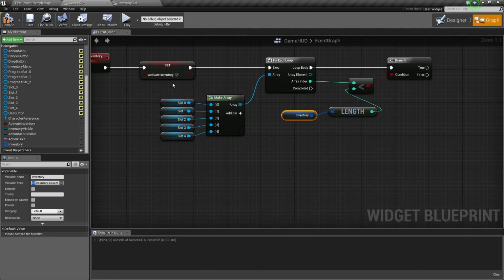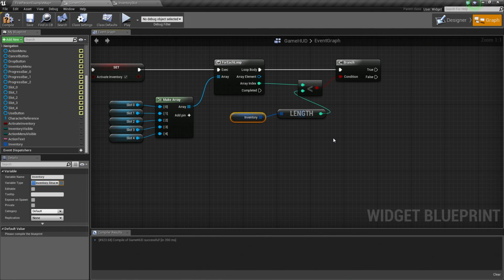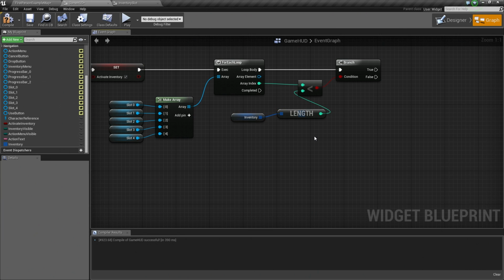So for our for each loop, each time it's going to get one of our buttons and the array index for the buttons, so the 0, 1, 2, 3, and 4. If that value is less than the number of items that we have in our inventory, what we're going to do is execute some script off of false to set our inventory image, the image that appears on top of our individual slots. We're going to set that to null so that there's nothing inside of it and it zeroes out that button. So let's go ahead and do that.